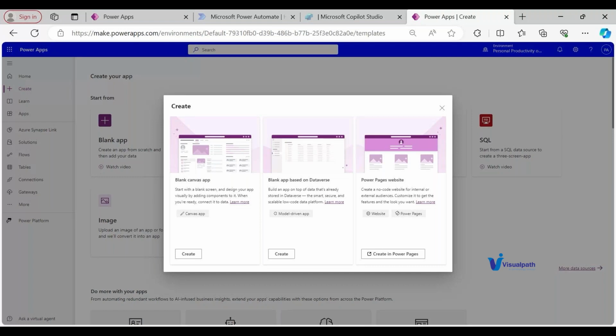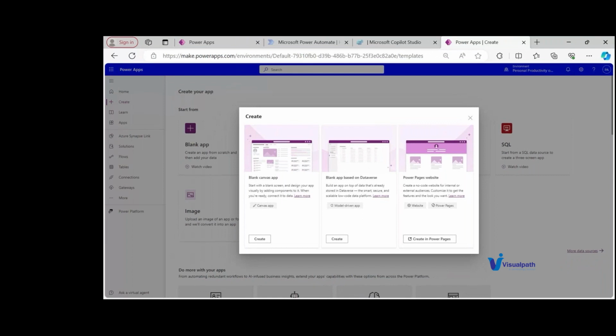But the difference is this: Canvas app has freedom to add any other connectors, and it does not require any license, and we can change the look and feel as per our convenience and likes and dislikes. But model driven app has a standard view and look, and it works only on Dataverse, and it requires a premium license. For Power Pages, if we want to connect somebody from outside, in a Canvas app and